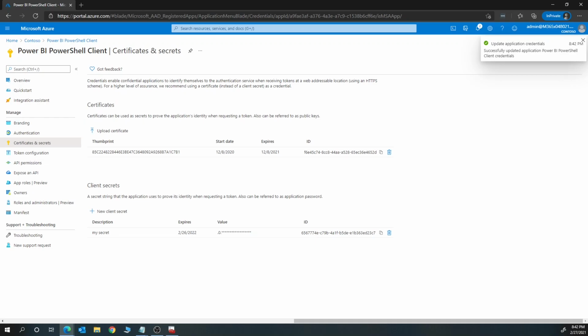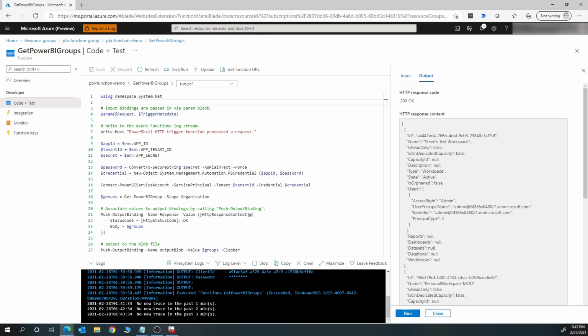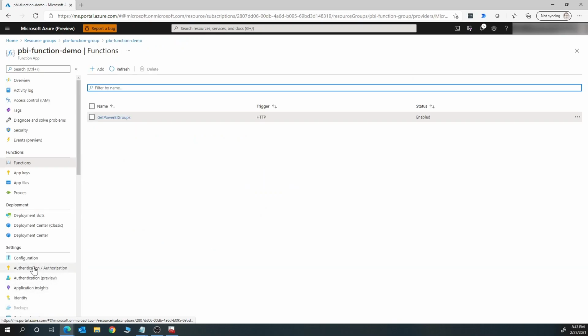And now what this does is this registers this certificate as a certificate that can authenticate to Azure Active Directory as this application. Step 2 is now we need to actually get that certificate installed in our Azure Function application. So we're going to go back to our Azure Function. We're going to go to